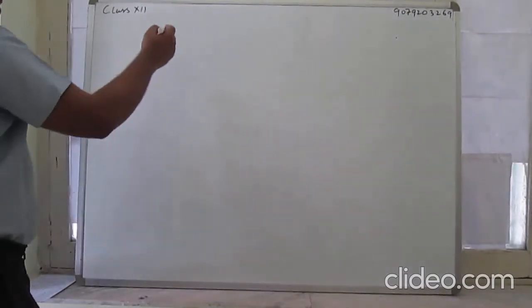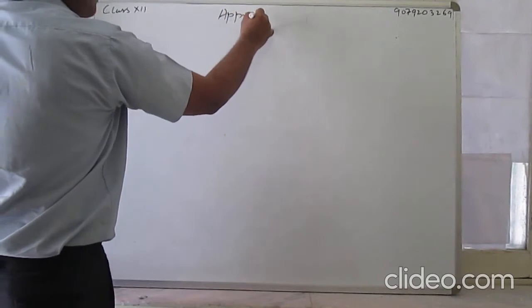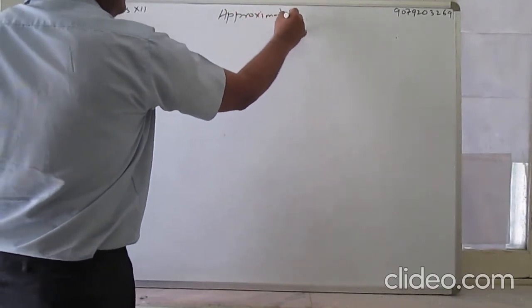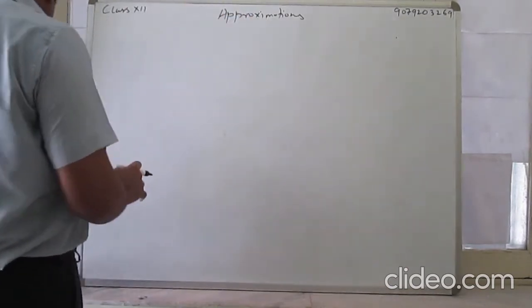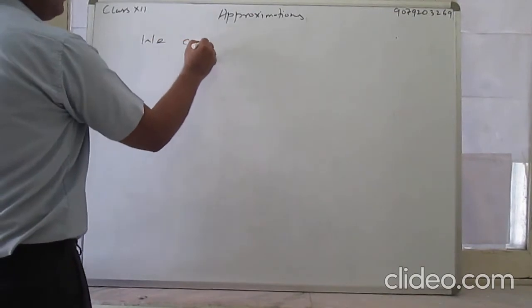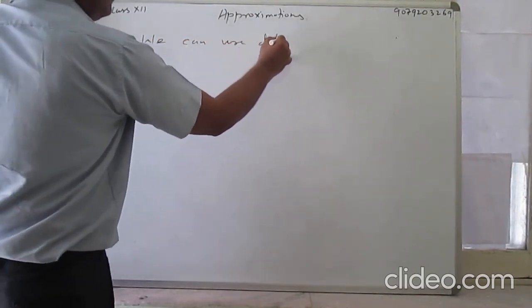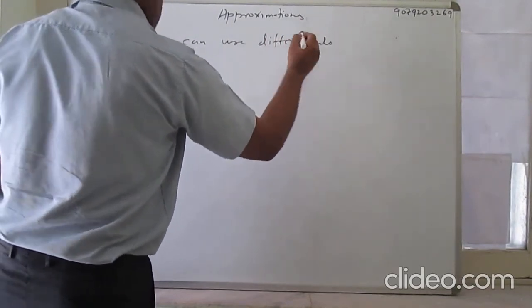Chapter 6, application of derivatives, approximation. Approximations. Now I will explain. For approximation, first we can use differential. इसको फाइंड करने के लिए क्या काम में लेते हैं? We can use differential to